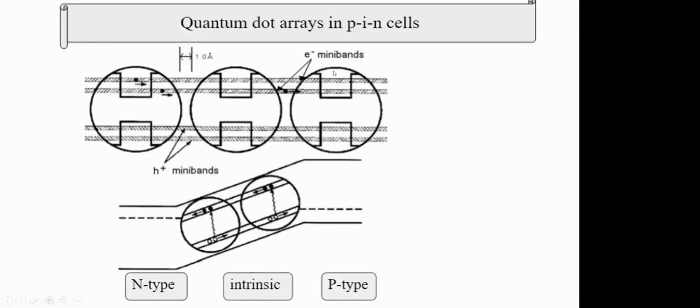So there are various ways that people have tried to integrate this into devices. So you have quantum dots, which have discrete energy states available. In between you have an N-type and a P-type semiconductor. If you put them in this array, then a respective electric field is created. When you generate the electron hole pair, they will drift because of the built-in electric field. At the same time, this impact ionization or direct electron capturing can happen to generate more than one electron hole pair at the cost of a single photon.